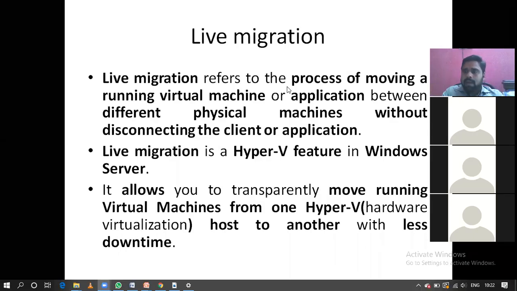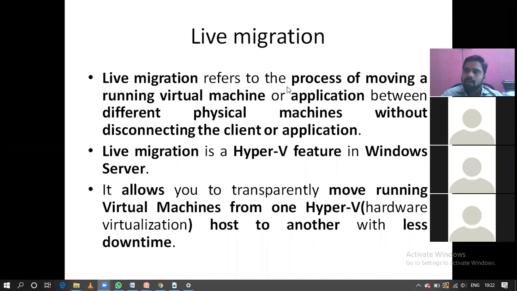Okay guys, by using the cloud I have developed an application. At one point of time, the cloud provider is unable to provide the services to me. Then what I have to do is migrate it to another cloud provider. I want to deploy all my applications there in the other cloud and start my work. We call that a migration, right?